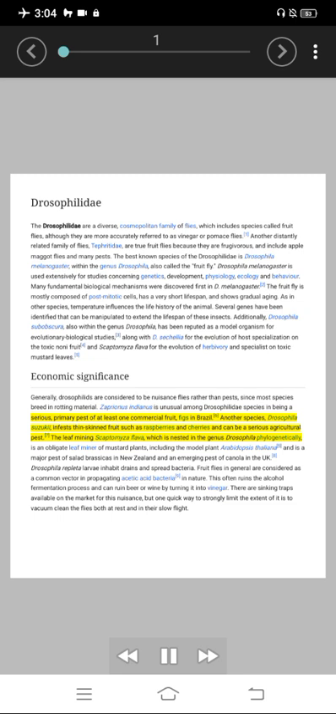The leaf mining Scaptomyza flava, which is nested in the genus Drosophila phylogenetically, is an obligate leaf miner of mustard plants, including the model plant Arabidopsis thaliana. And is a major pest of salad brassicas in New Zealand and an emerging pest